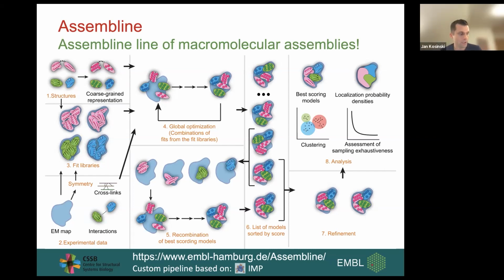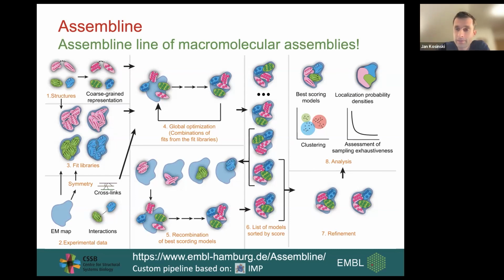Yeah, in the global searching, definitely you need to cut if you have a long protein, and especially now with AlphaFold models, when you have full length proteins modeled, you definitely should cut your protein into small rigid bodies if your analysis of the structure suggests that there is some flexibility. Because if you have a wrong conformation, then these fit libraries will not represent what you should get. So this is a limitation of this approach.